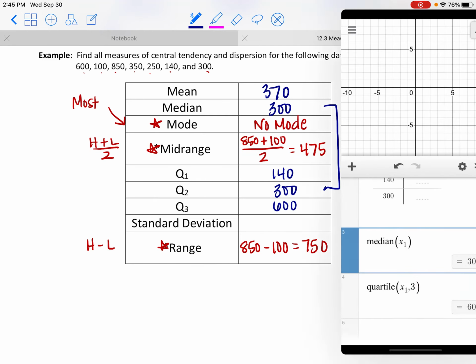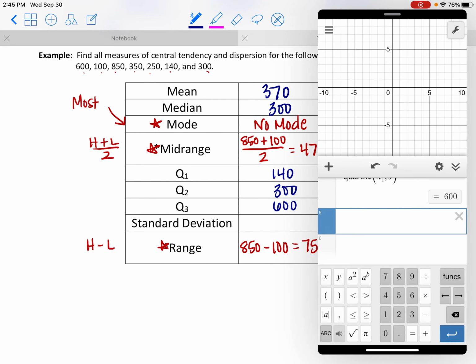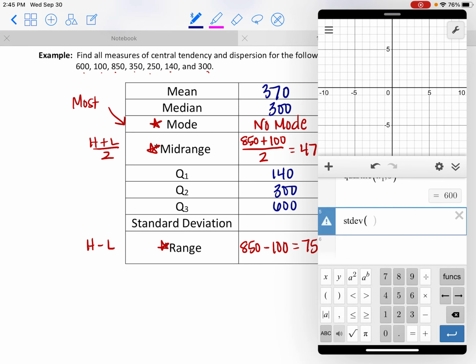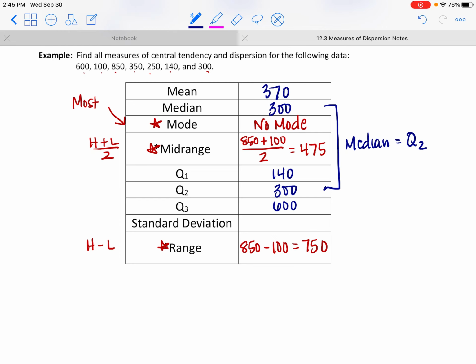Okay, and then the last one is the standard deviation, and that's the hardest one to calculate, so that's the one we're going to be happiest to let the calculator do. So not STDEVP, that's a standard deviation for a whole population. We're looking at just normal standard deviation of a sample. So STDEV, and then again of X1, and it's going to be 267.3-ish. That's a pretty large standard deviation, which is implying that these numbers could be really far from the mean,